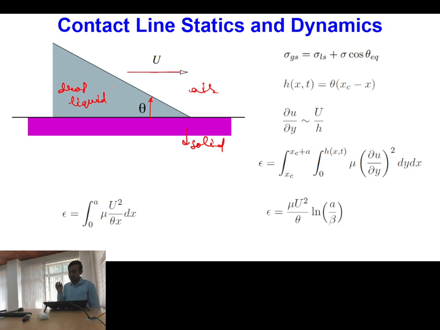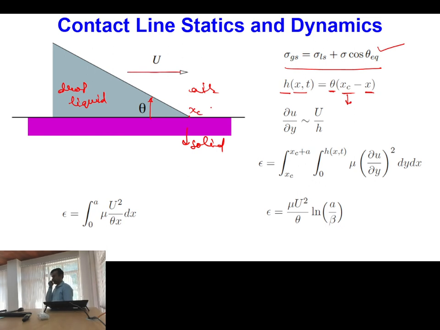For the equilibrium situation, I can write this equation to specify the value of the equilibrium contact angle. Now let me define a height function of the interface, h as a function of x comma t, which is equal to theta times xc minus x, where xc is the location of the